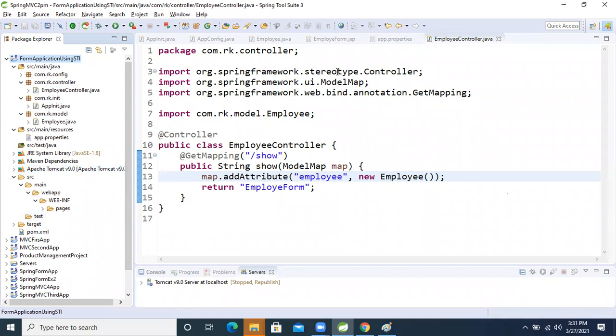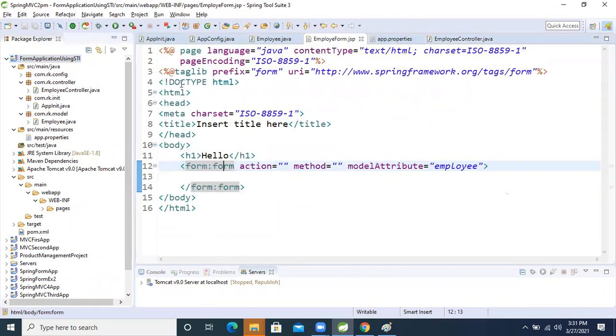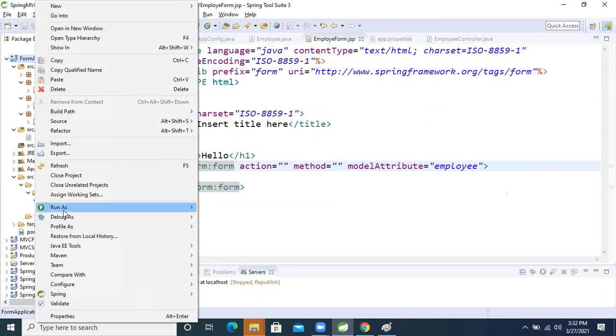I don't know why it is giving the error. Come to the JSP. Okay, run the application one more time.